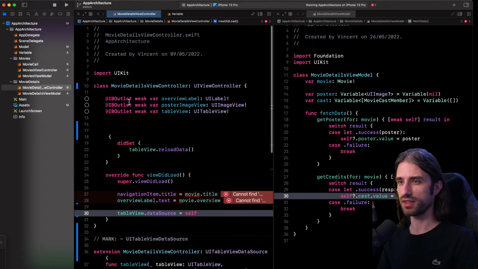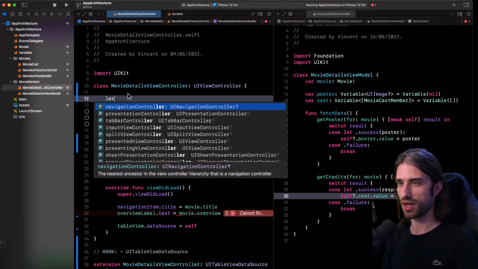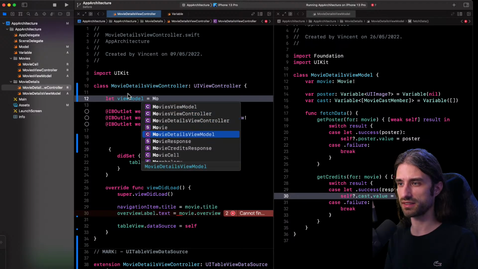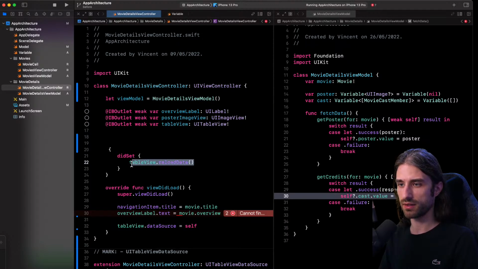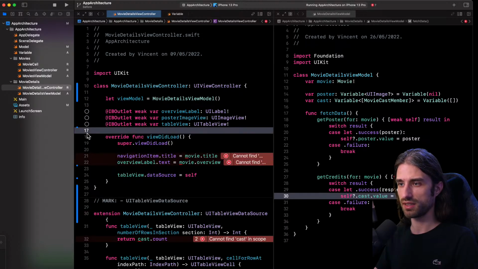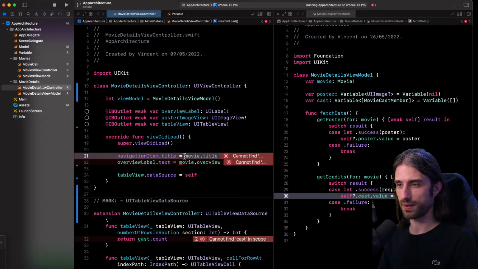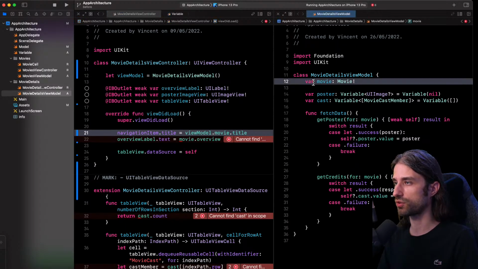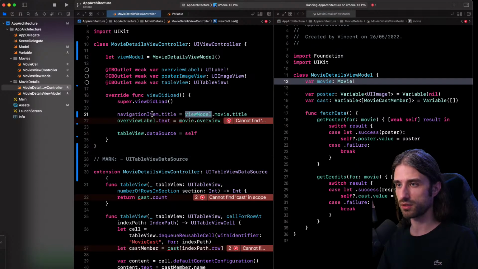Now it's time to use that view model. So just like before, I'm going to have my view model, so like this, and it's going to be a movie details view model. Okay. So this code here, I can just remove it. So the movie is now stored inside the view model. This one is not an observable variable because it's not going to change. It shouldn't change. It's just a var because right now it needs to be a var, but later on it will become a let. So I can just set the title of the view controller and the overview label based on the value of this movie.